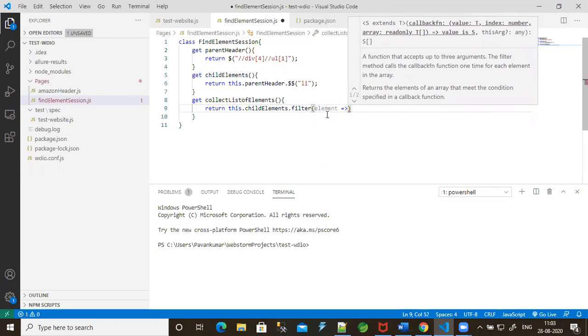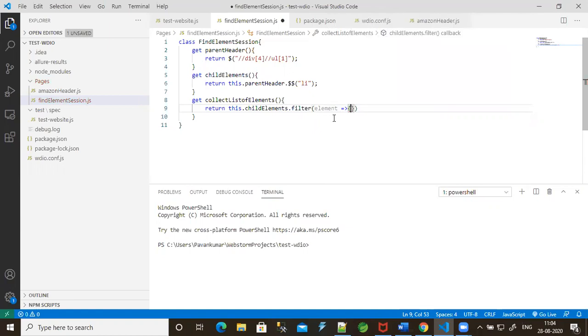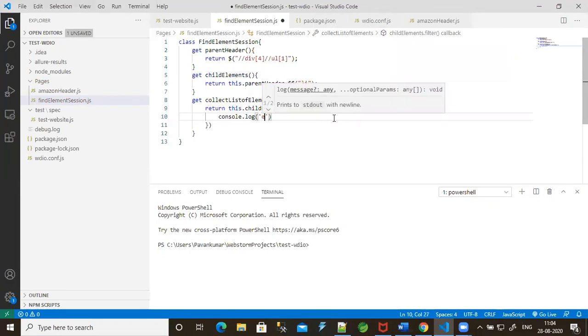Use an arrow function. Here the element acts like a parameter to hold all the list of elements. Inside this, we are going to write a console.log, and inside this just mention element of the li tag